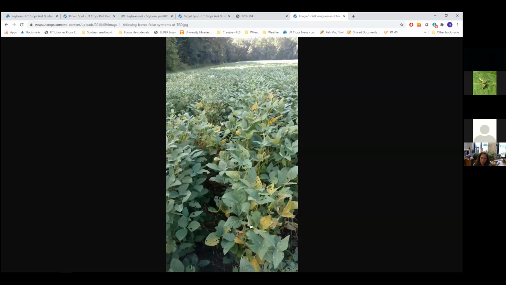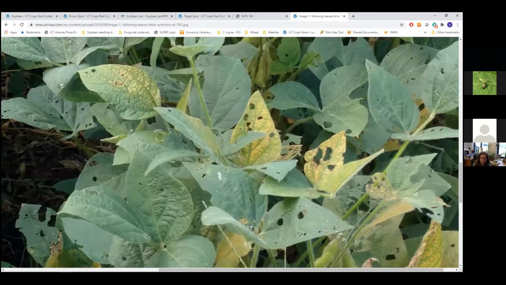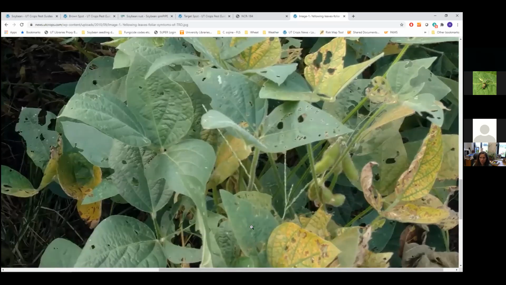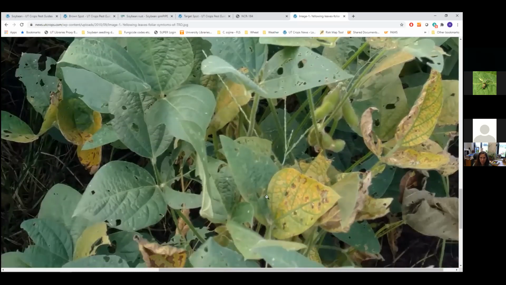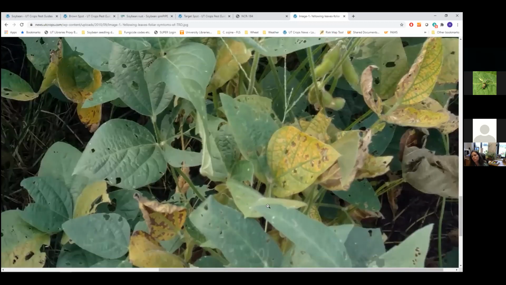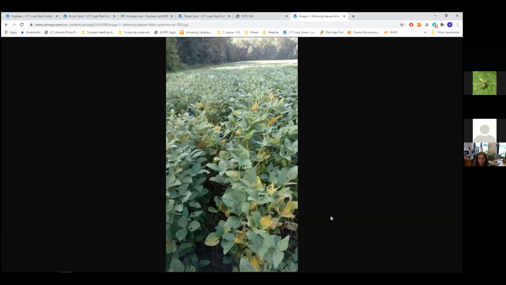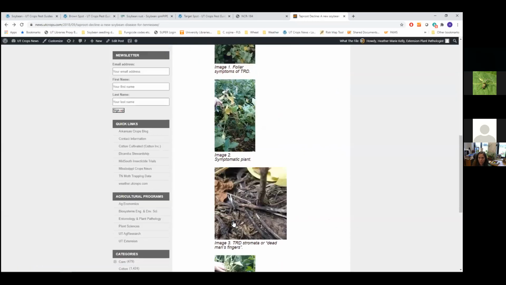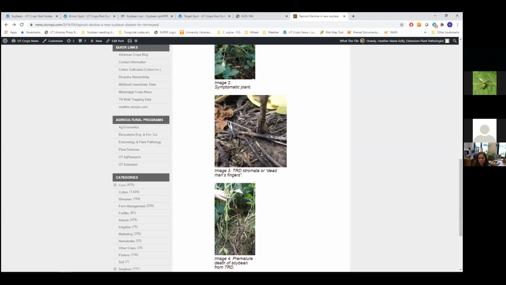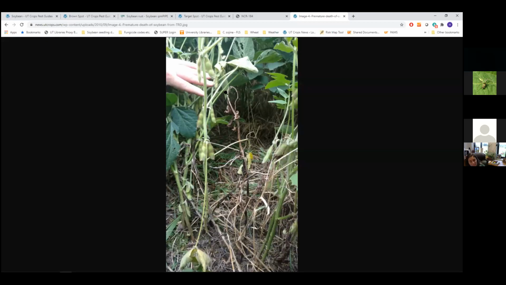And so again, you just start to see yellowing symptoms, and a lot of it can look just like stem canker, very, very much like stem cankers. If I didn't know better, I'd say, yeah, that must be stem canker. But at closer examination, you need to pull that plant canopy back and start really investigating. And what you'll find when it is not stem canker but taproot decline, you'll find younger plants that have just completely died